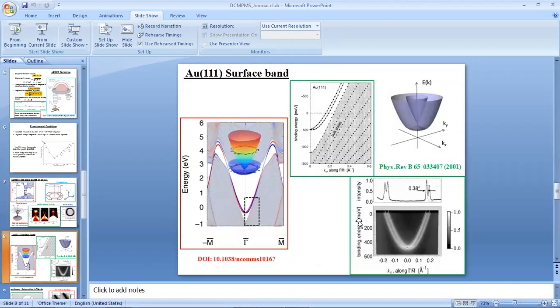This is the gold surface band. If you have this spectrum, now you see this figure. This one is called your momentum distribution curve. This is a curve which is taken across the spectrum. I think near the Fermi level, they have not mentioned it, so I guess it's near the Fermi level. Somewhere here, you have taken a cut across the Fermi level. Now if you go along this line, there is no electron while you are in this black region. As soon as you encounter a white region, the intensity goes up.